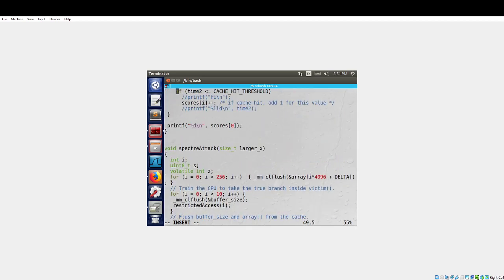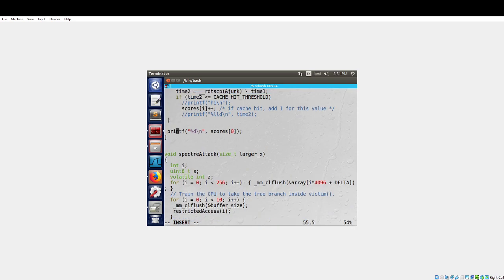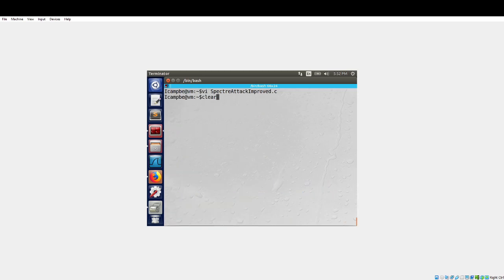And I think there's one more up here. Yep. Up in the reload time. So we go ahead and comment those out. We can go back to the beginning and just recompile it, run it, and as you can see, it worked. So we have 83 there.